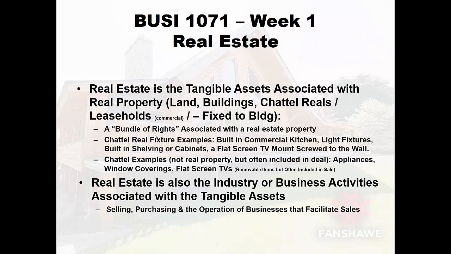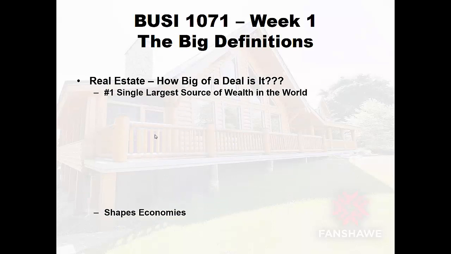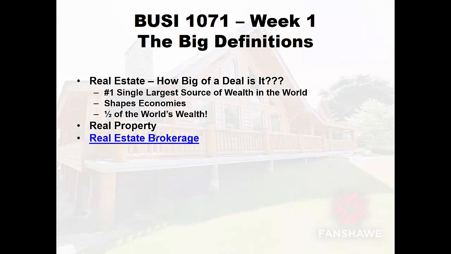So defining real estate as the tangible assets and everything involved in real estate, real property is like the land or building part of real estate. Okay, so that's where you're specifically defining. So when I look up real estate on Google, their definition of real estate is really closer to the real property part, because just the term real estate can mean the real property part of it, individual items that are included with that real property that are chattels. It can mean the industry itself.